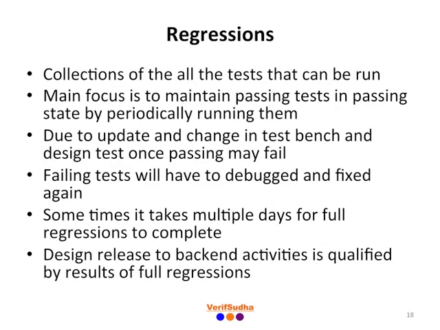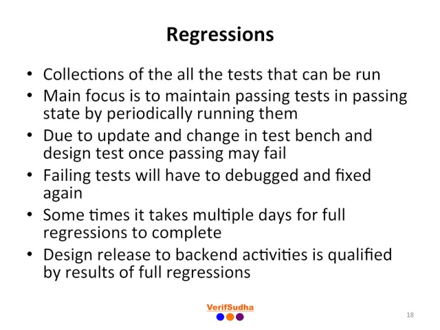Regression is a process of running all the tests that are ready to run, reporting the status of run, and triaging the failures. Main focus of regression is to keep the passing tests in a passing state throughout the code development cycle. Both the design and test bench code undergoes lots of changes during the course of project. Dependencies that exist within the code can lead to change in one part of the code causing the failures in another part of the code. Scenarios of passing tests failing again cannot be completely eliminated. However, it can be minimized by running subset of passing tests before committing the changes to the central code repository.